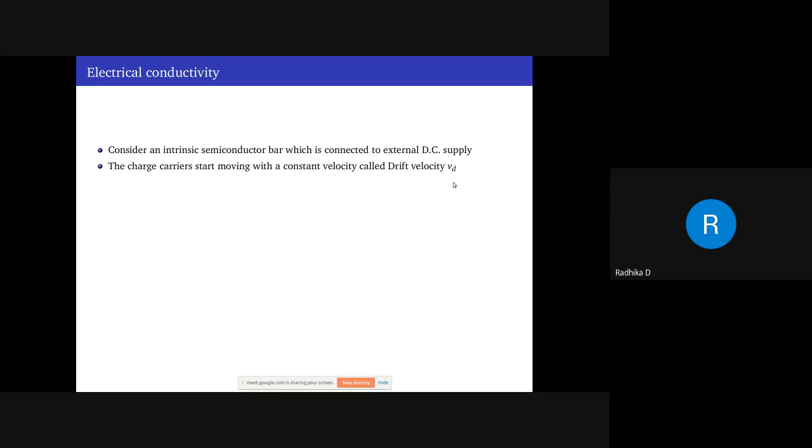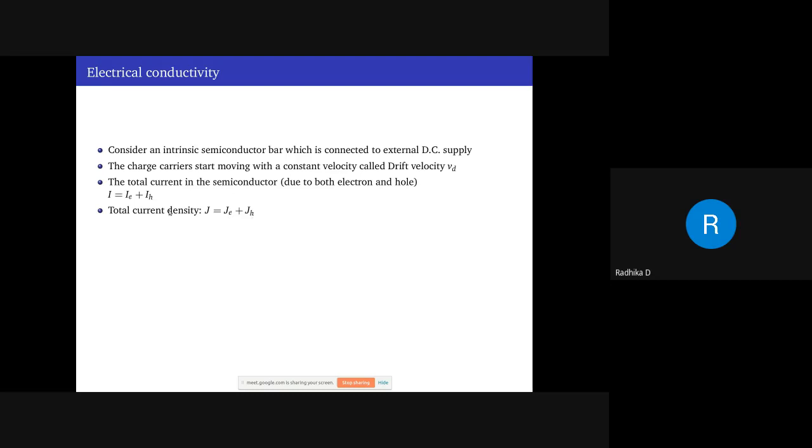Okay, drift velocity. Now, since there are both electrons and holes in the semiconductor, which are moving across, the total current will be given by the sum of electron current and the hole current. So total current I can write as IE plus IH. Next, if I know the current like this, then current density I can write, all I am doing is replace I with J. So total current density will be a sum of electron current density plus hole current density.